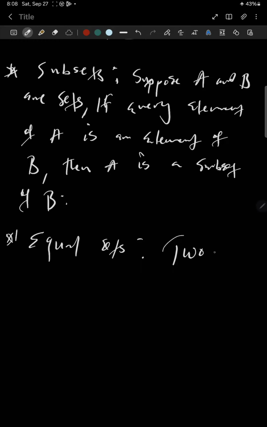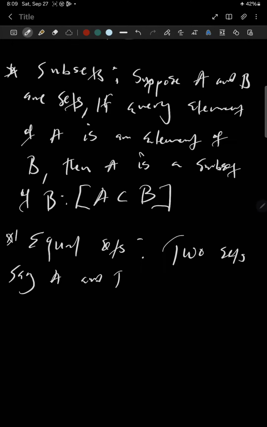By the way, this is denoted by A is a subset of B. Then equal sets: two sets, say A and B, are said to be equal, i.e. A is equal to B,